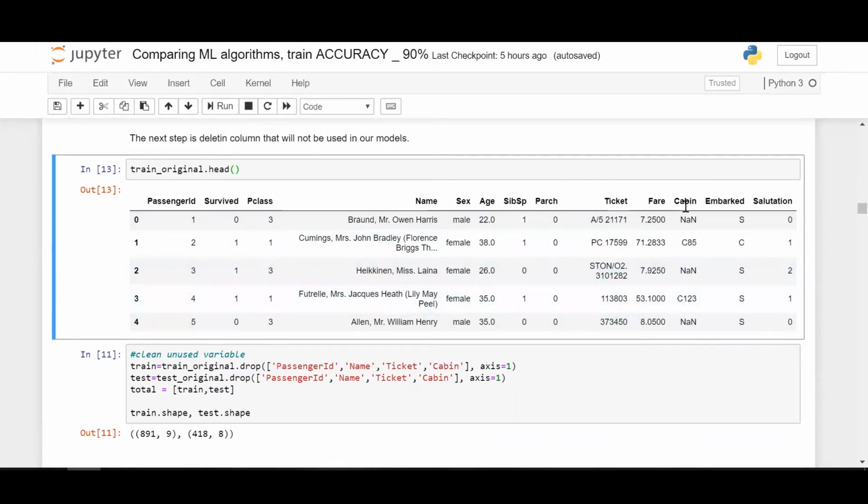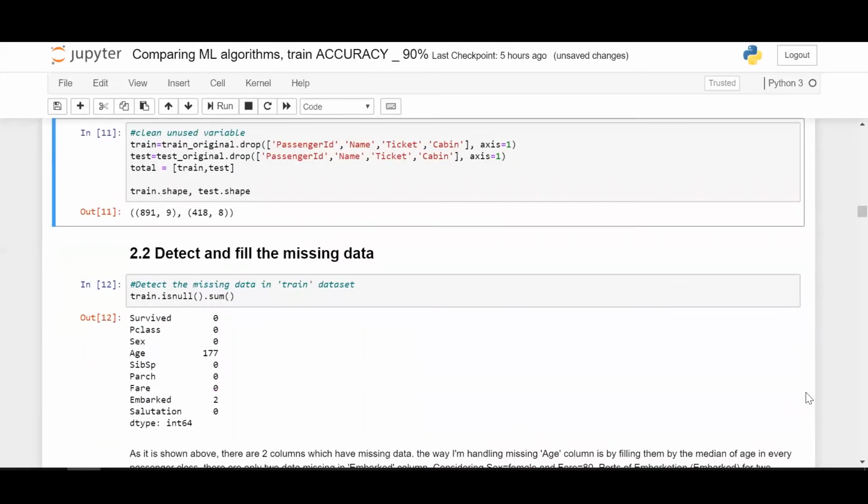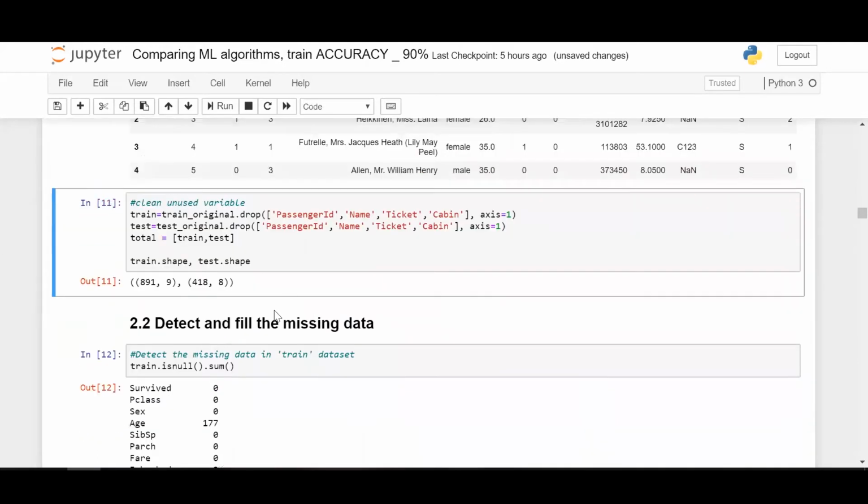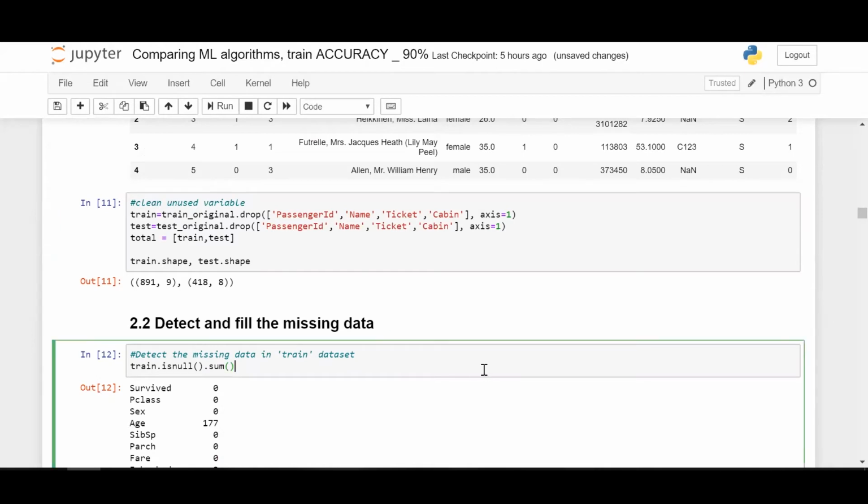But when you're doing it for professional purposes or any competitive purpose, I'd suggest that you retain cabin. If you remember the technique of treatment we have done for cabin previously, apply that here, encode the cabins, and then pass it on to the future steps. So this is the cleaning of data which you have done here. Define the train and test data sets, and then we move on.